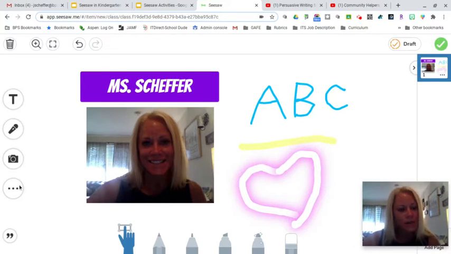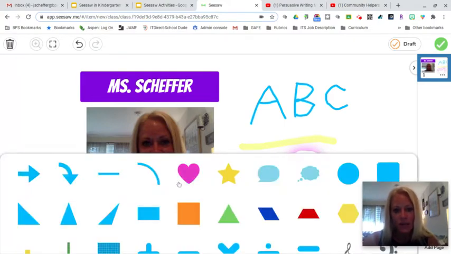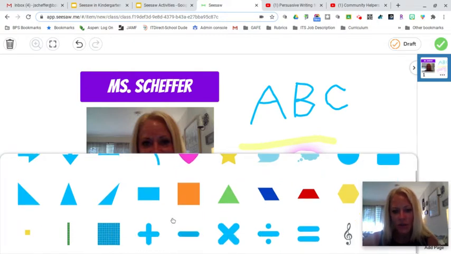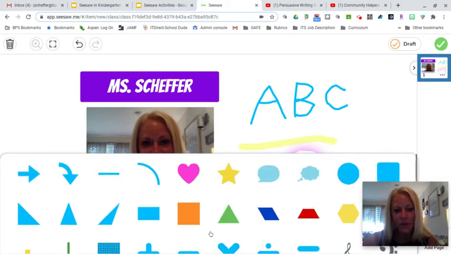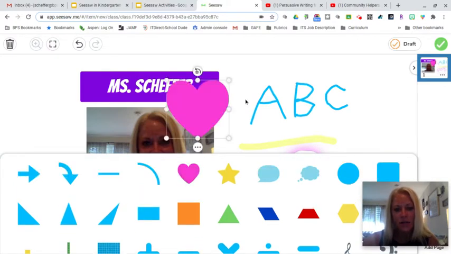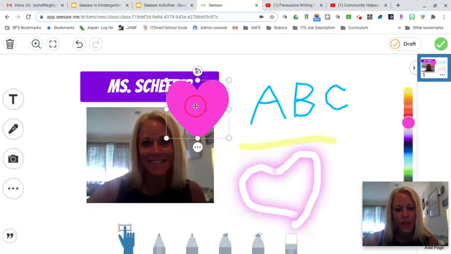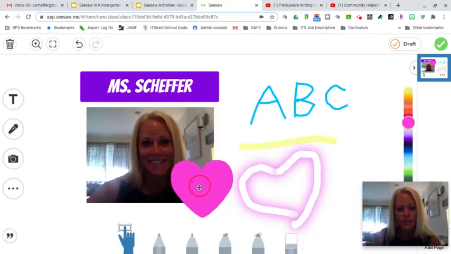So I'm going to click on those three dots right there and show you we've looked at the drawing tools, and I want to also show you that we have shapes available here in Seesaw. So all kinds of different shapes. We have them also here for math, various math symbols. So if I wanted to add some shapes, I can click on the shape. And just like with all the other tools that I've shown you so far,